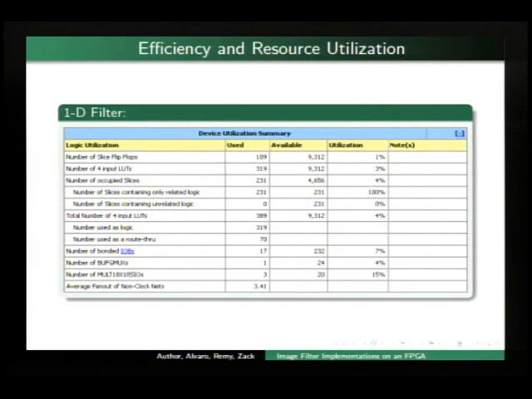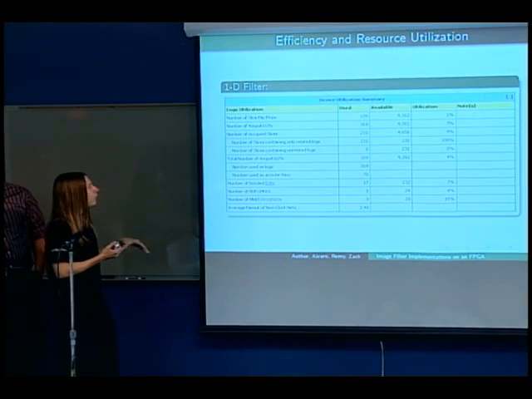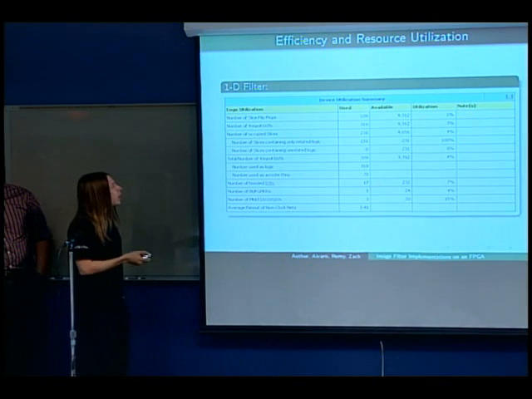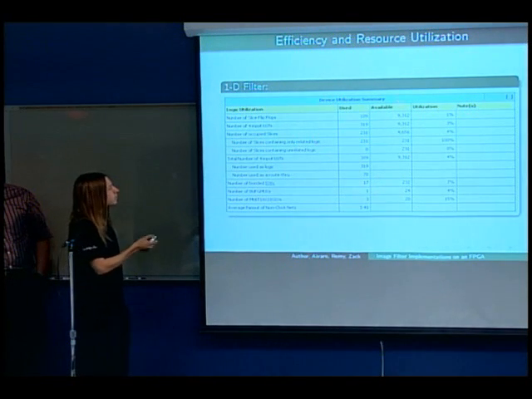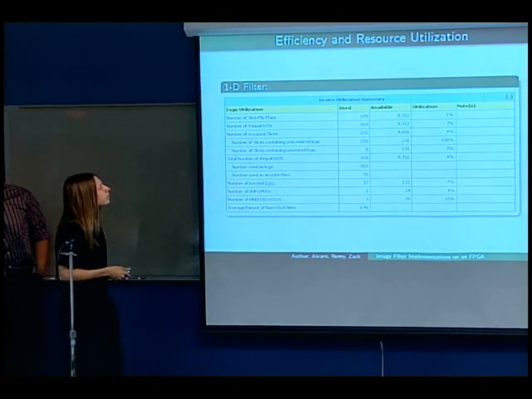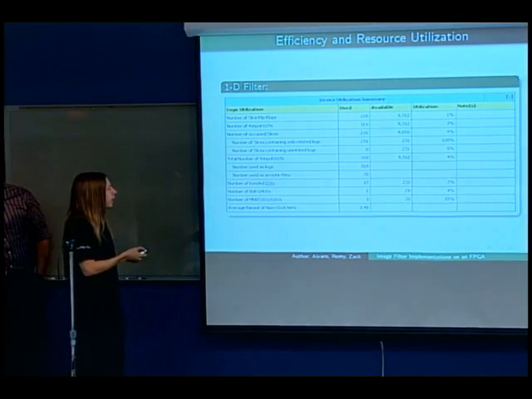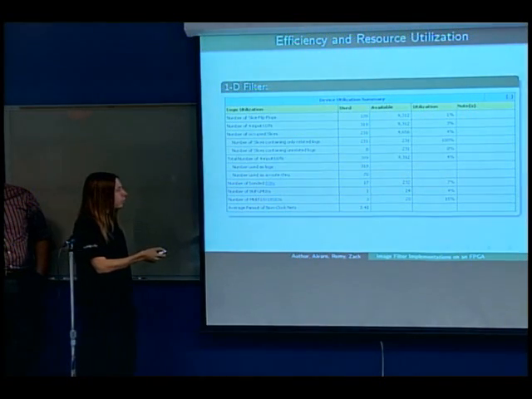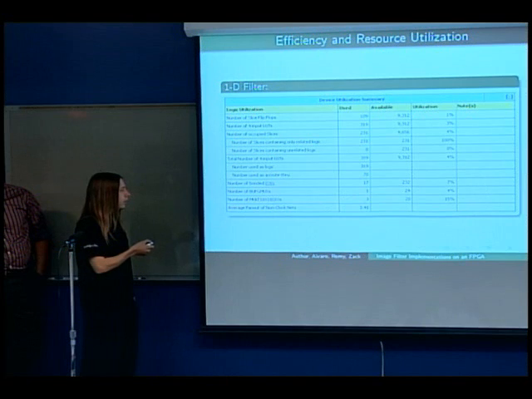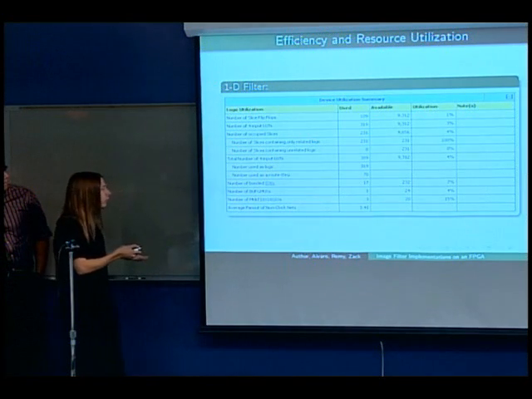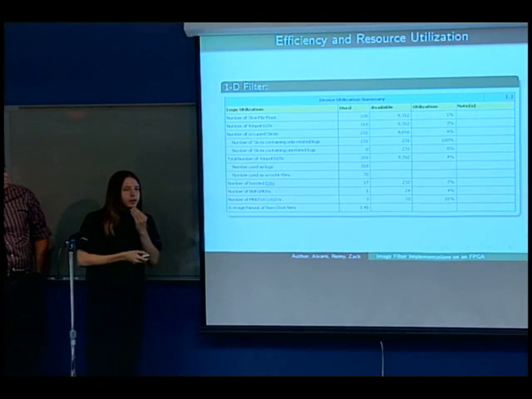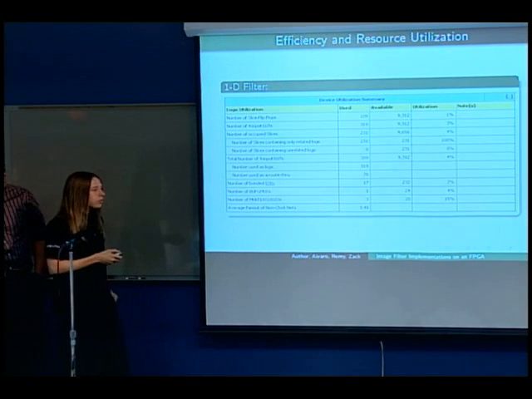But now this is our 1D filter, which is going to be the building block of our final design almost no matter what, because all it does is the convolutions. And this is our original usage. It's only about 1%. And as you can see here, we're using a 7 pixel mask, but we're only using 3 multipliers. And the reason is that a Gaussian filter is